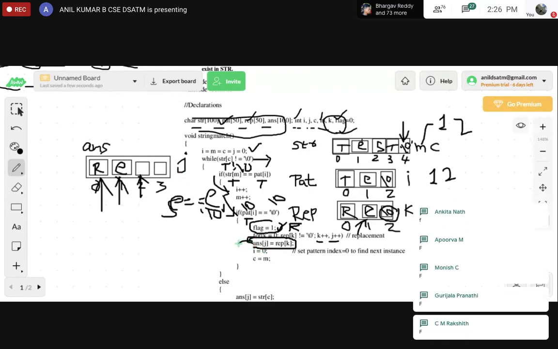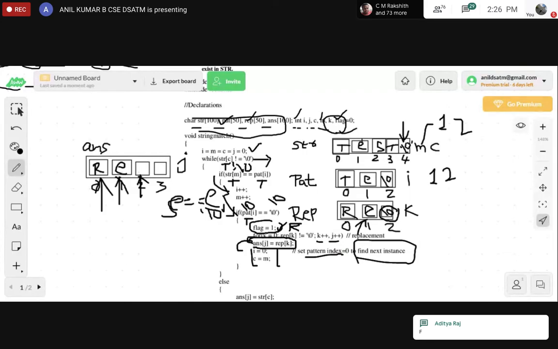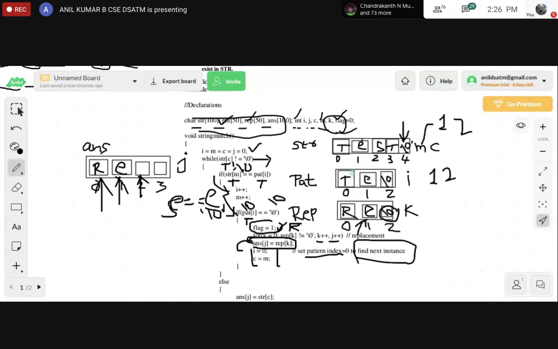So once the condition is false, set the pattern index again to 0 to find the next instance in the given string. Make sure that this is one occurrence. TE is one pattern sequence occurrence mentioned in the main string, that is replaced with RE.